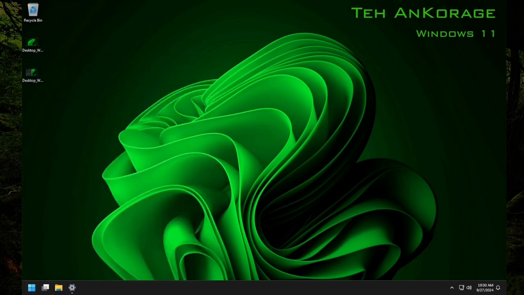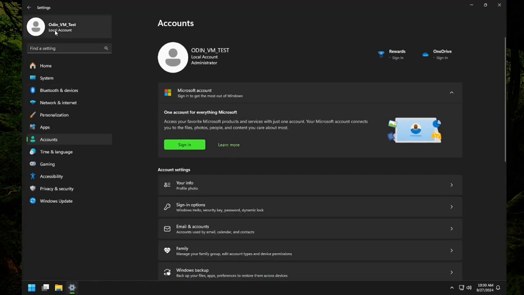And what is that info? Well, that info is located right here, and I pull it up, and there we go. Odin VM test. Odin is the machine that I'm using. VM is the virtual machine, and it's for testing. This installation is strictly for testing and mucking around with, hence the name MuckQuest. So that's taken care of.